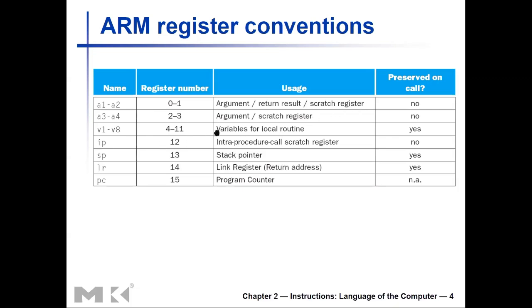And 4 to 11 we use them to store variables for local routine, and 12 we use as the intra-procedure call scratch register. This one maybe you don't need to worry too much. And then these final three registers, the last three registers, we already asked you, can you all remember, now when you were trying to use these